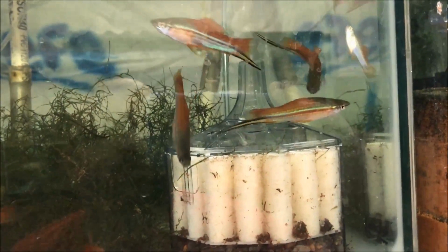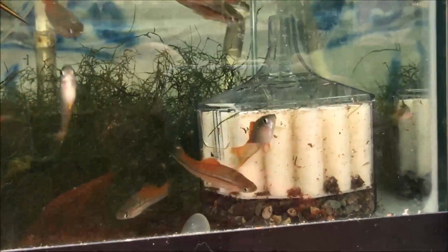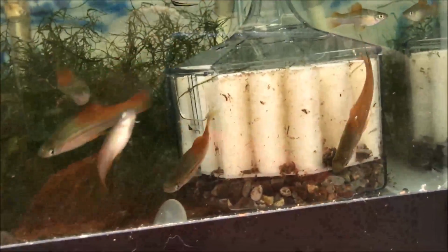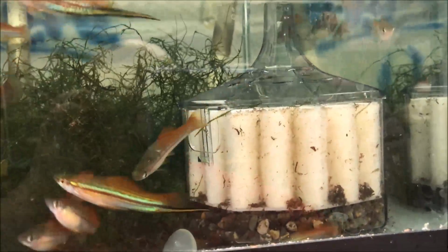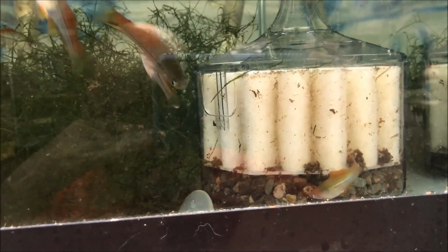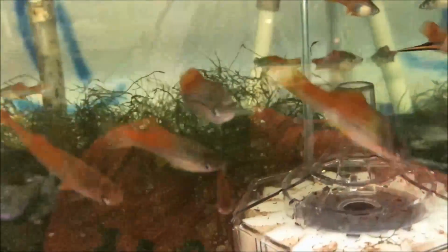This is a combination sponge filter, box filter. Basically it's an enclosed sponge filter. It has rocks on the bottom basically to weigh it down. The white foam is there as mechanical and biological filtration, and then it does have a carbon section